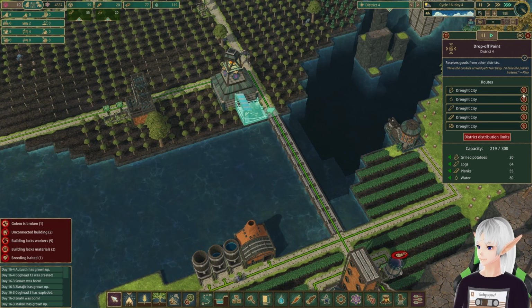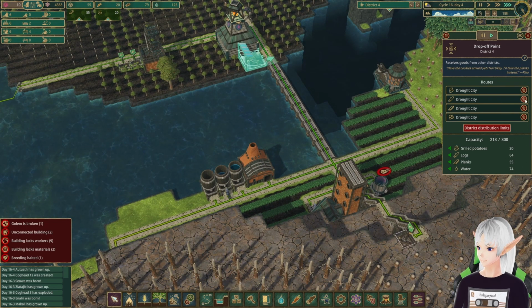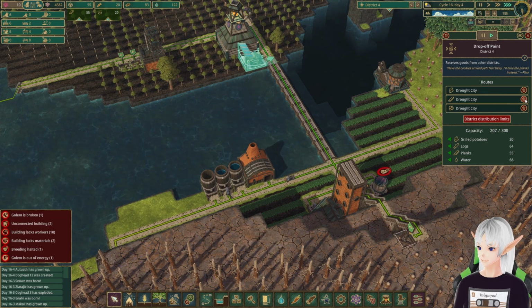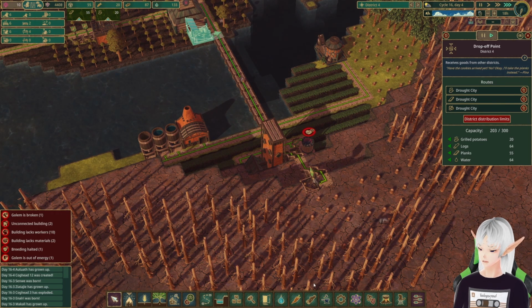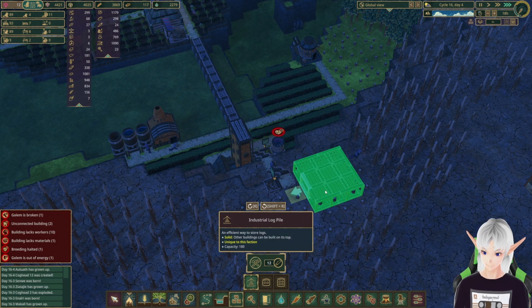We don't really need... Let's get rid of that, so they keep their water. Let's get rid of the logs, because they've got plenty to cut down now. In fact, we might have to build something to store logs. Let's do that. Industrial log pile. How about...